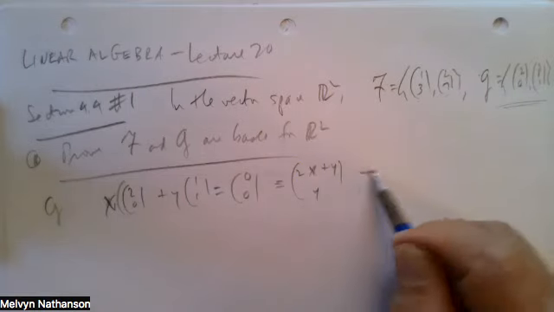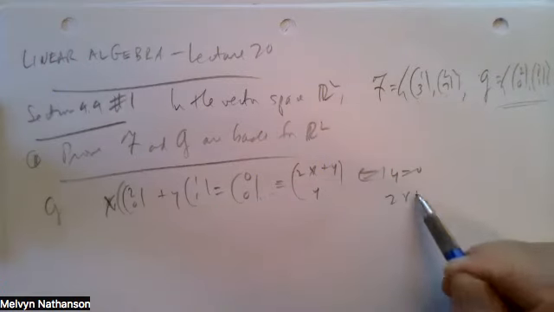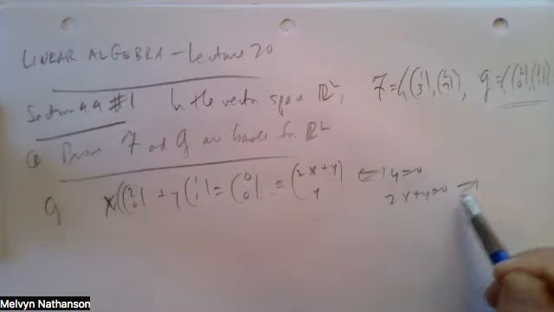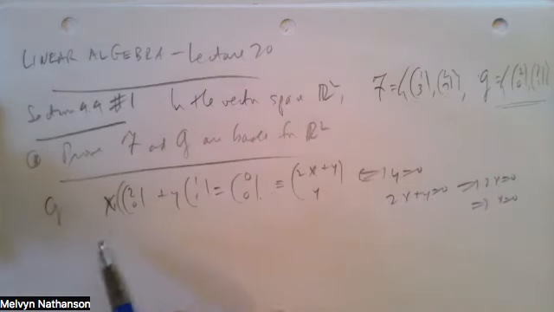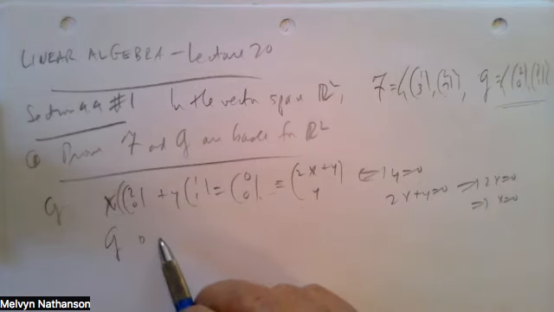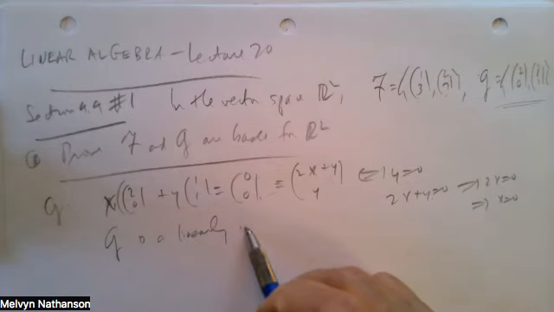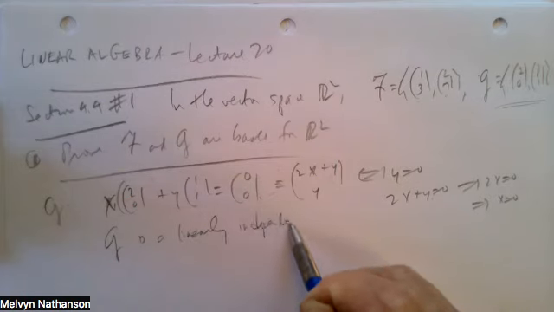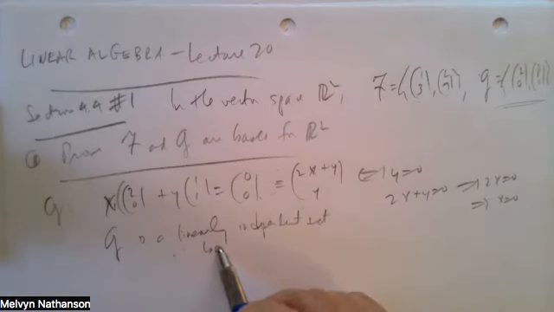So this equals 0 if and only if y equals 0, and 2x plus y equals 0. But if y is 0, this means 2x is 0, so this means x is 0. So the vectors in G are a linearly independent set of vectors, and therefore it's a basis